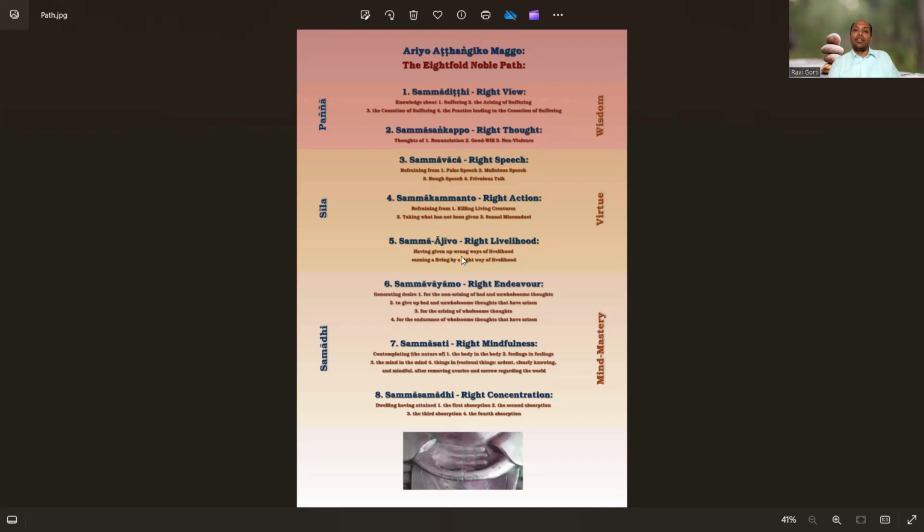So up until these six things, all of these are actually leading to right mindfulness, and then all of these seven lead to right concentration. So these are too deep, actually. I won't talk much about right mindfulness and right concentration in detail. I would just give the summary of this, because I think it gets into too much technicality and too much detail, and also tells about completely giving up desires and focusing on a very saintly life,